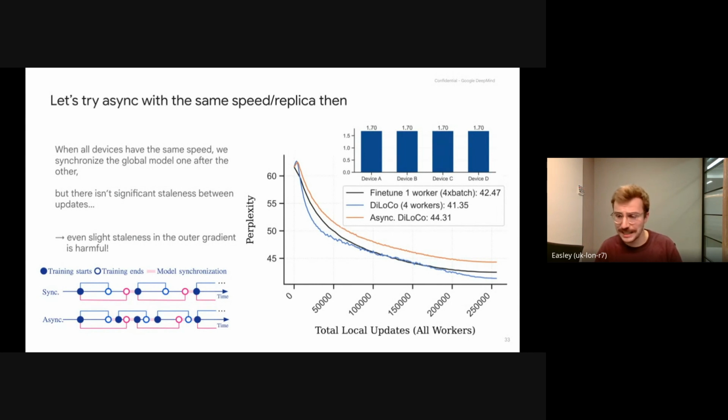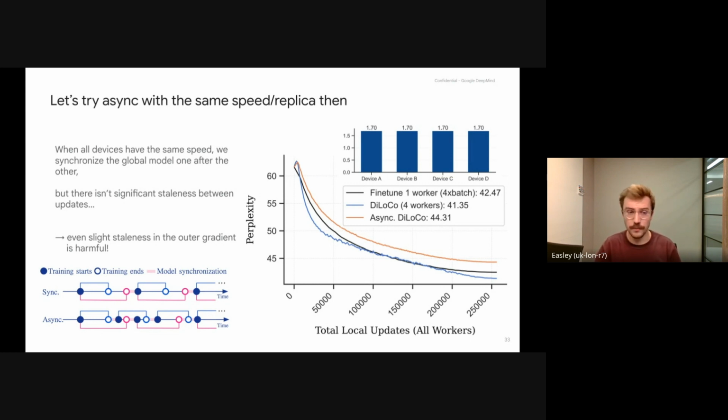So there won't be any staleness except that they are synchronized and then they go back to the replica. So that's the simplest setting where there is no staleness, no waiting for the other replica. And still, we find in our setting that our asynchronous DiLoCo is working worse than our DiLoCo. Meaning that even the slightest staleness in our outer gradient, here simply a staleness of 1 step, is actually harmful.